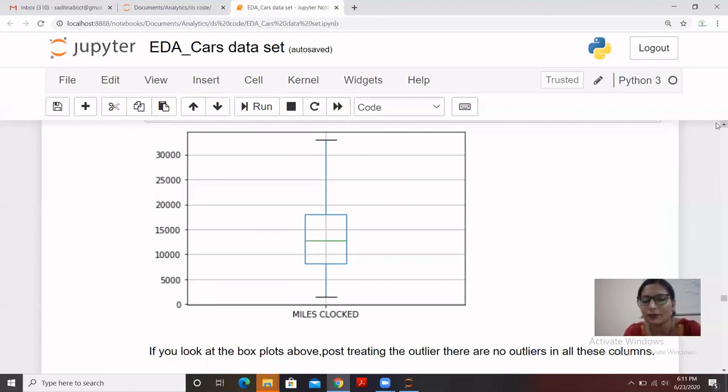I have learned how to find outliers using the interquartile range, box plot or whisker plot. You can try a scatter plot as well. I'll be coming with some videos where I'll explain how to find outliers using a scatter plot. You try at your end, and in case you have any confusion, let me know. I'll create a separate video for that part.